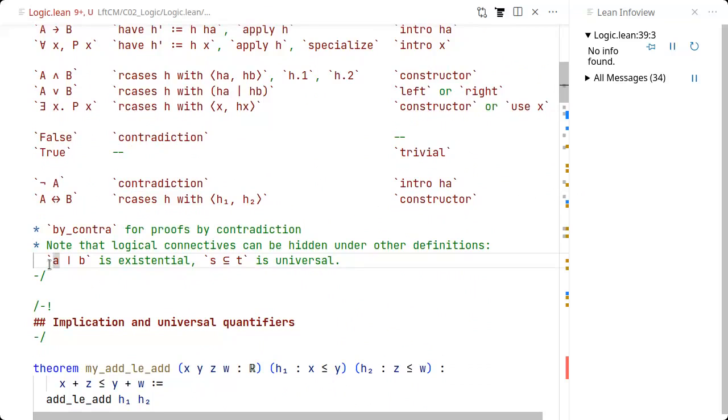You will have an existentially quantified formula at the heart of the definition of A divides B for natural numbers, because it basically says there exists a K such that A times K equals B. So this is actually an existential formula. Or if you have subsets of a certain type, S and T, and you have that S is a subset of T, then that's actually a universal quantification, because